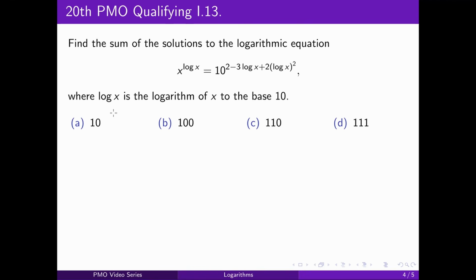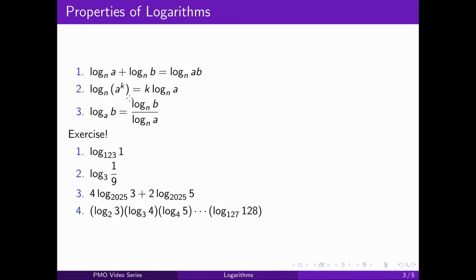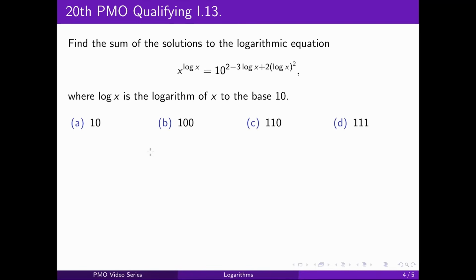All right. What's the hard part of this question? The hard part of this question is these complicated exponents, right? You have a logarithm in the exponent, and on the right side, to make things worse, you've got a logarithm squared in the exponent. How do we deal with this? Well, we remember that we saw earlier, using property 2, if you have an exponent in the argument of your logarithm, you can simplify it in this very neat way. So we'll use that here,